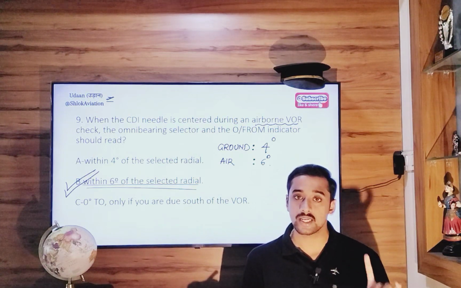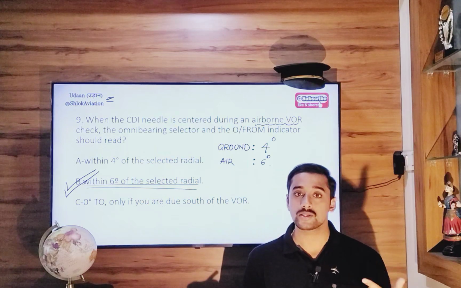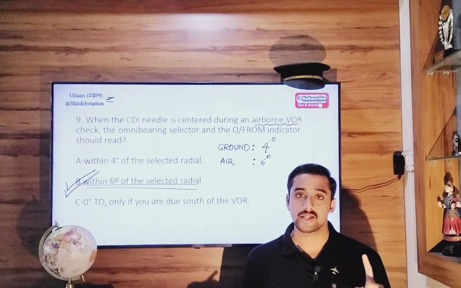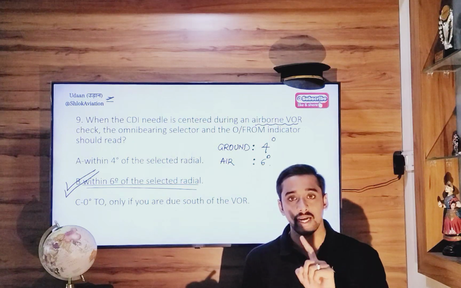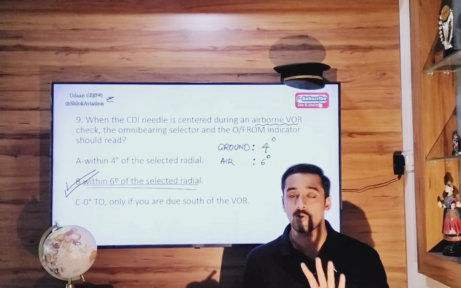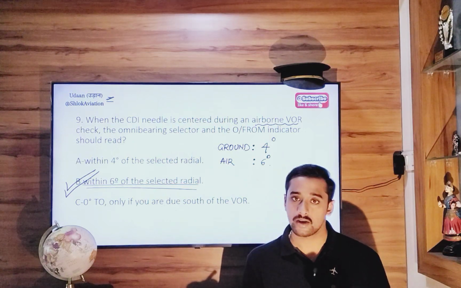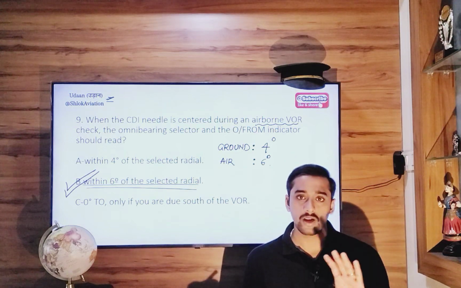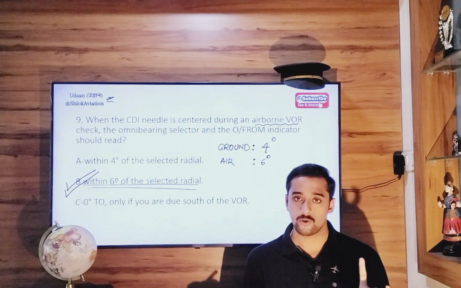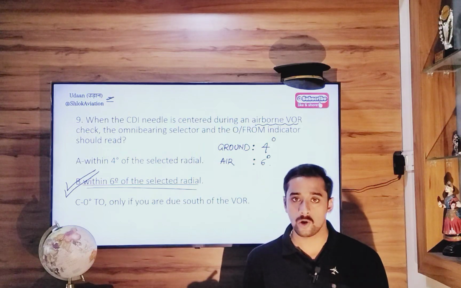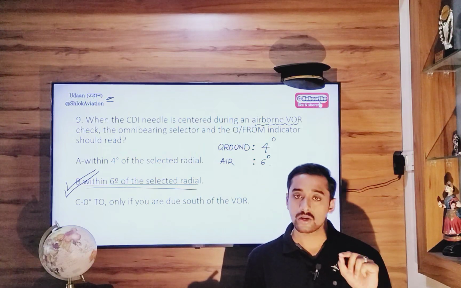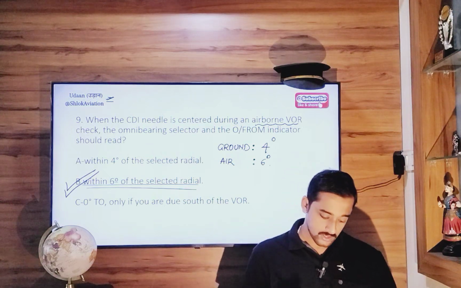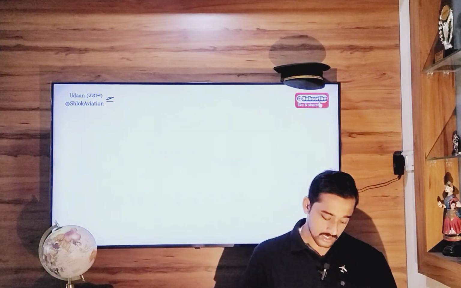But in the case of a designated checkpoint, you are going to use the designated radial printed on the airport diagram, and with respect to that radial you must get an indication within plus minus 4 degrees. And in the case of an airborne VOR receiver check, there is no specific radial designated for the purpose. You can use any radial of your choice, only the tolerance limit is 6 degrees, not 4 degrees. So these are the 9 questions